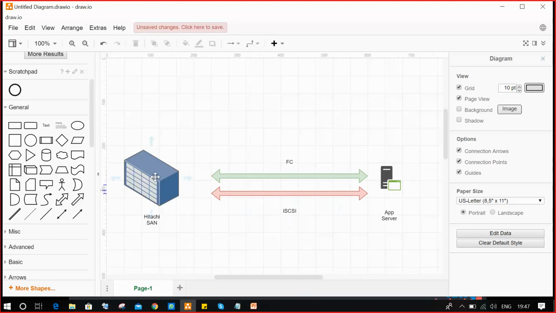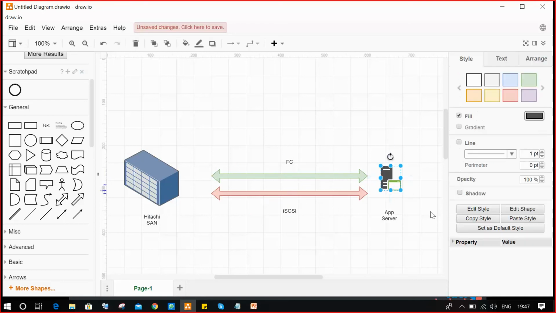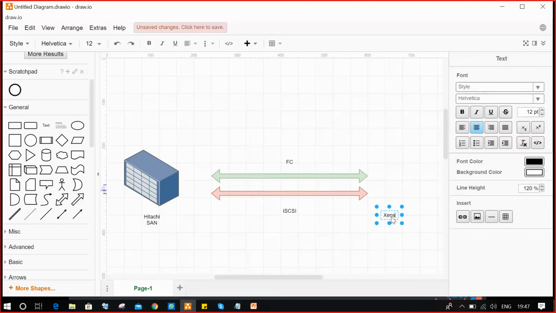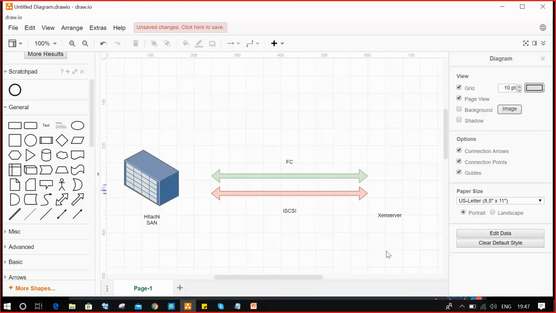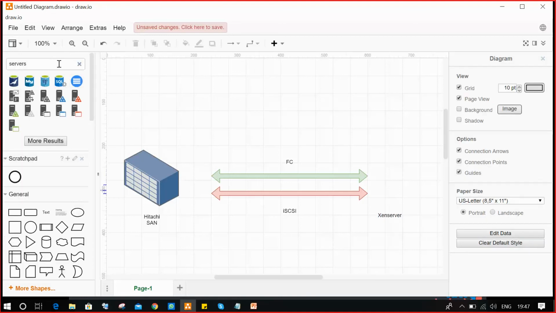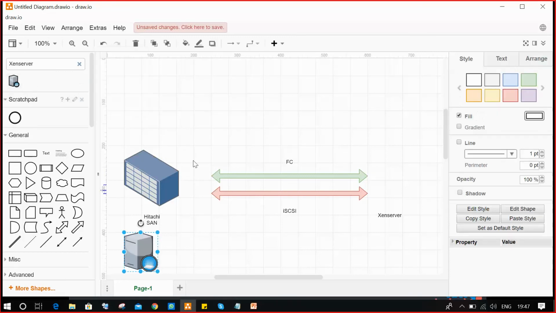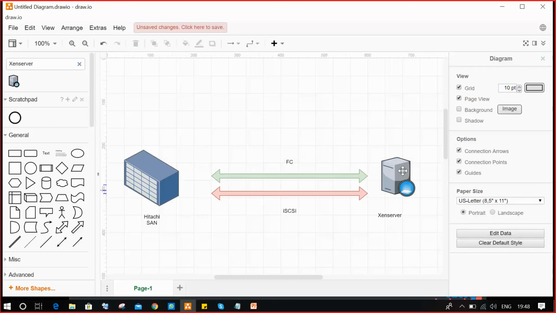If you're using an FC SAN, you can store the data. Or if you have an iSCSI SAN, we can store the data. Instead, I'll be using Zen server; we had a lot of experience with it in the last class. Yes or no? What is a Zen server, guys? It's a hypervisor.